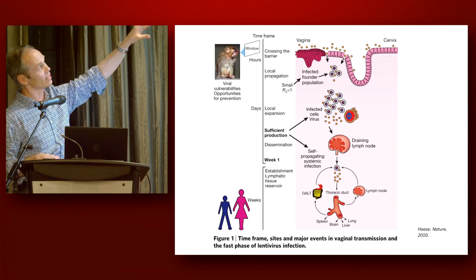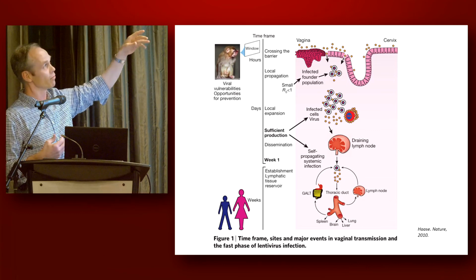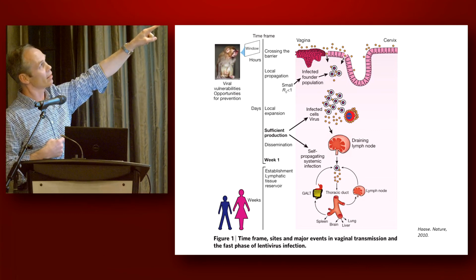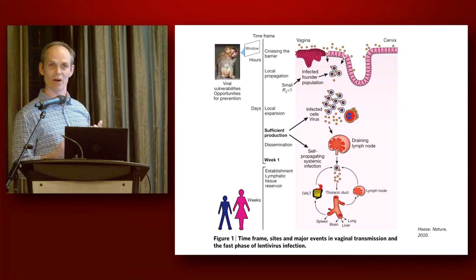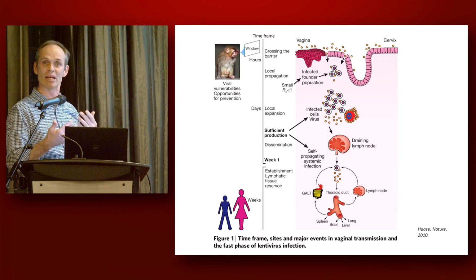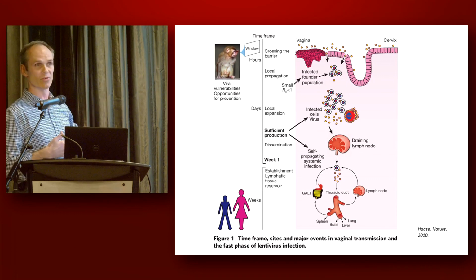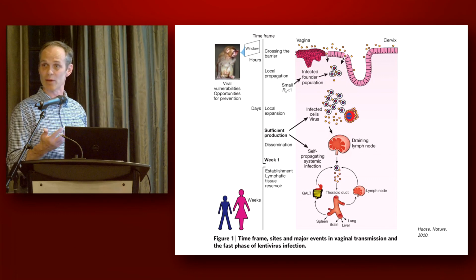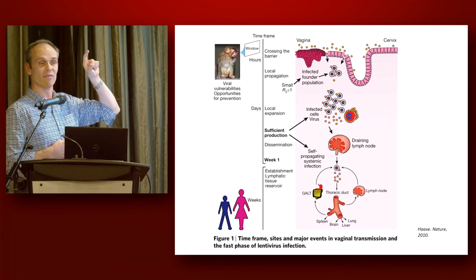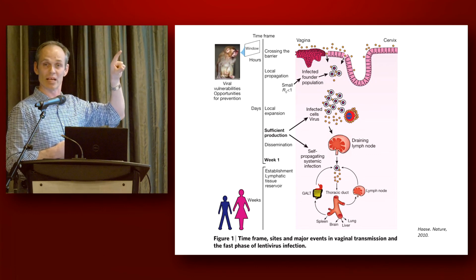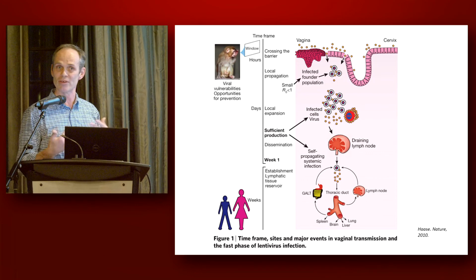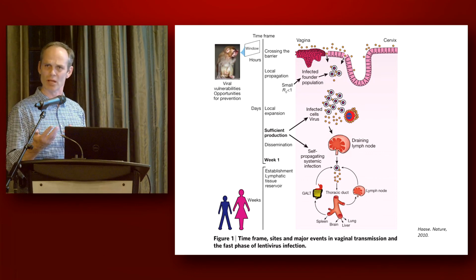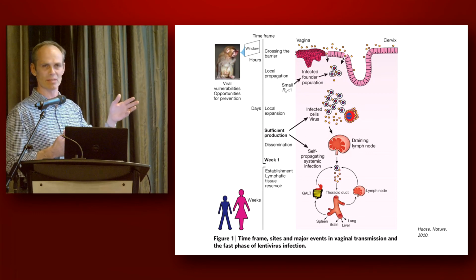The only thing I want to get out of this is that after somebody has been exposed to HIV, it takes about a week where that virus is propagating locally in the mucosa before it gets out from that genital lining or rectal lining into the bloodstream, and infection becomes irreversible at that point. So during that week, if I'm able to put something in place that can protect me, i.e. post-exposure prophylaxis, or taking medications after the exposure, that is still felt to be very effective at preventing HIV, probably about 90% plus effective, maybe not quite as effective as PrEP.